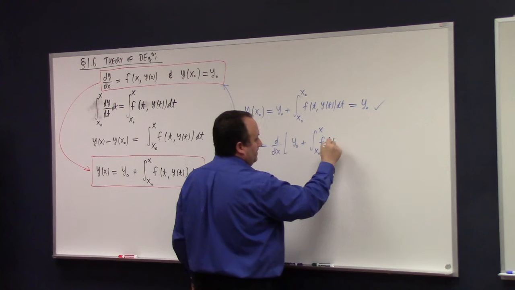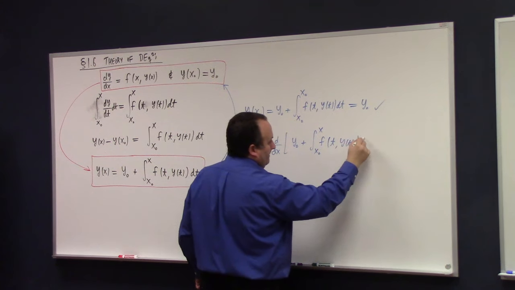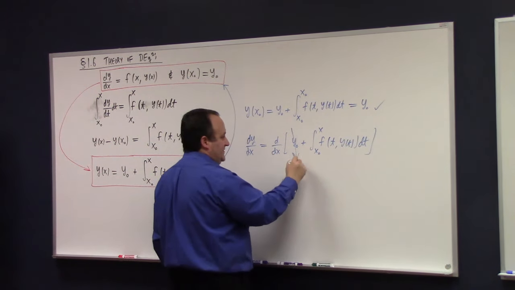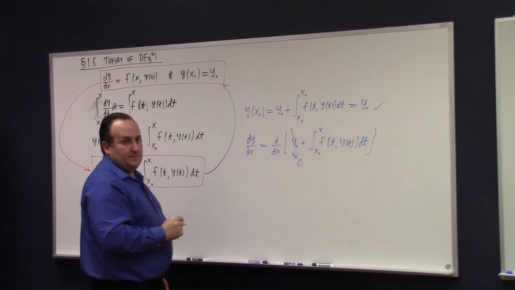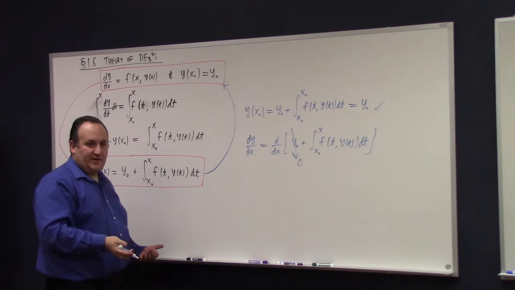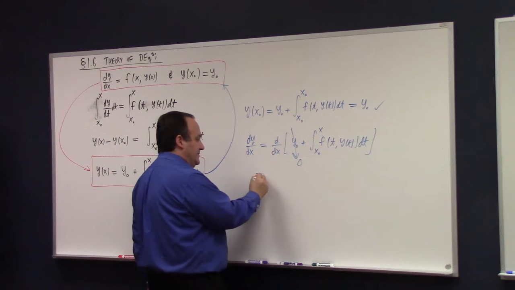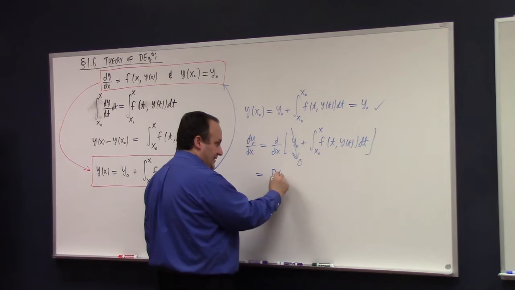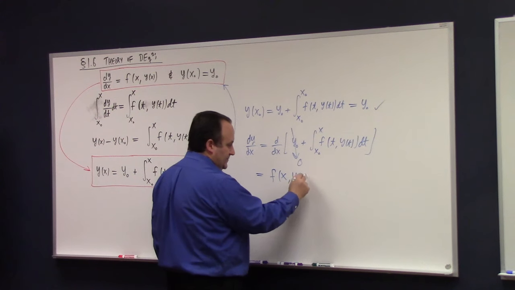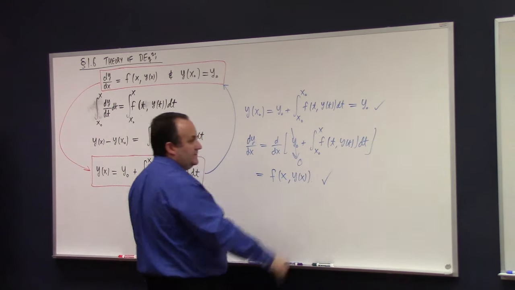How's that go? Well, this is a constant, so that's 0. And then by the fundamental theorem of calculus part 1, we have what? F of x comma y of x, right? So